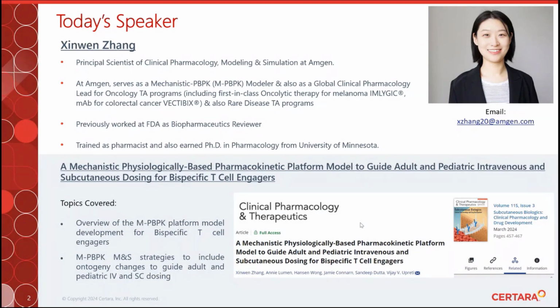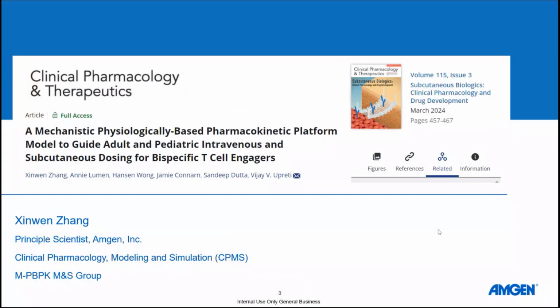Thank you, Oliver. Thank you, everyone, for joining today's seminar. So today I will introduce the development of this mechanistic PBPK platform model for bispecific T cell engagers to guide adult and pediatric dosing through both intravenous and subcutaneous administration. So first,